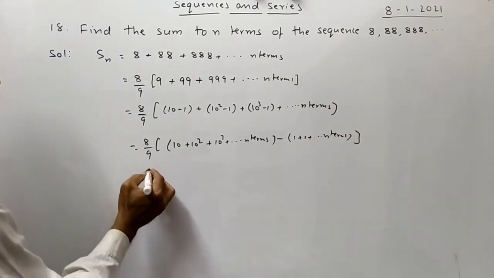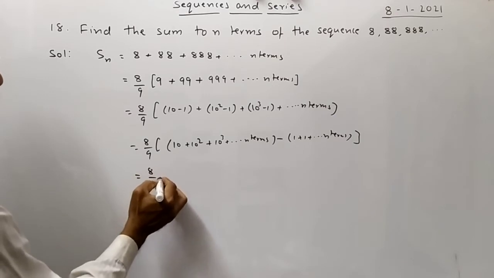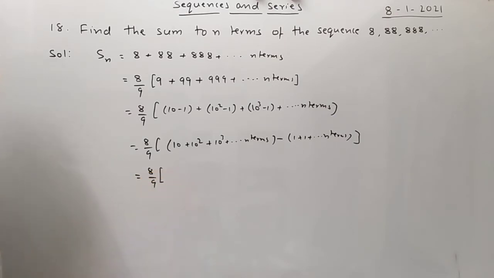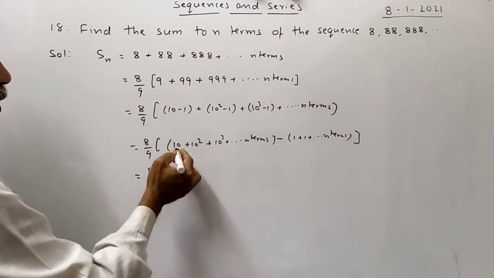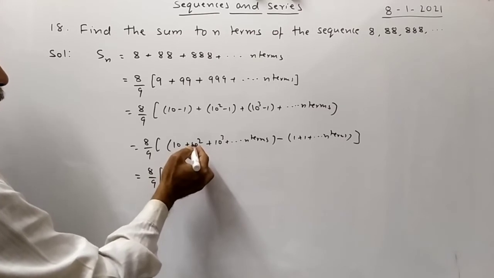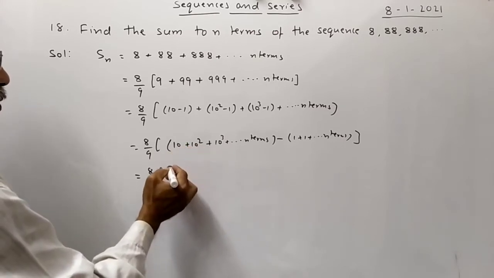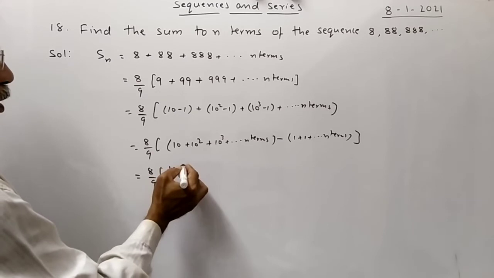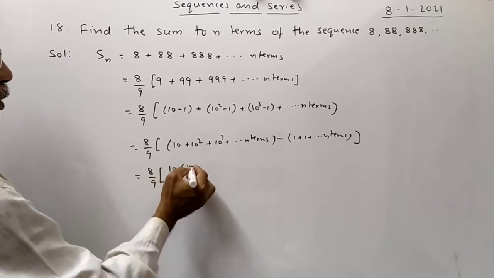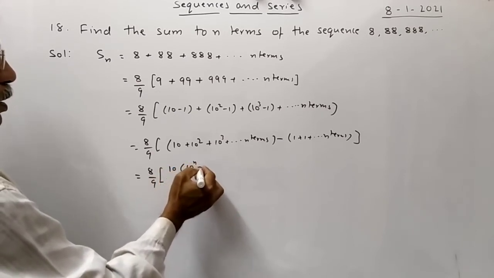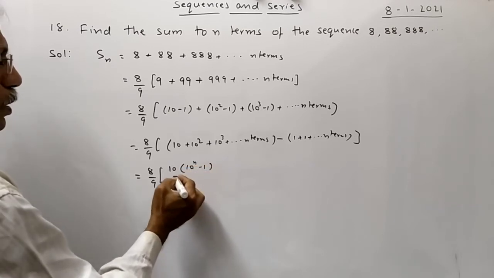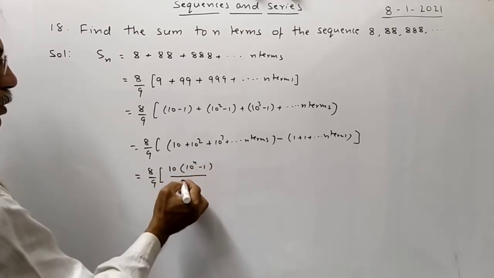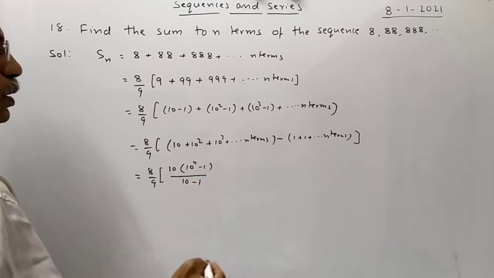Is equal to 8 by 9 into, this is a GP with the first term 10 and common ratio 10. Sum is 10 into 10 raised to the power n minus 1 divided by 10 minus 1,